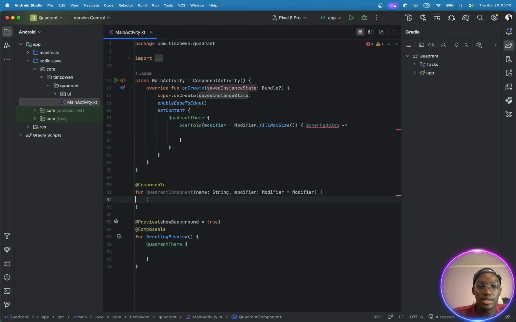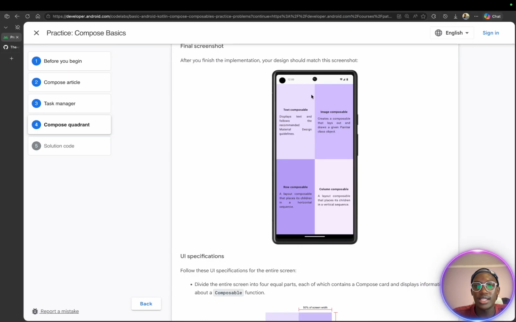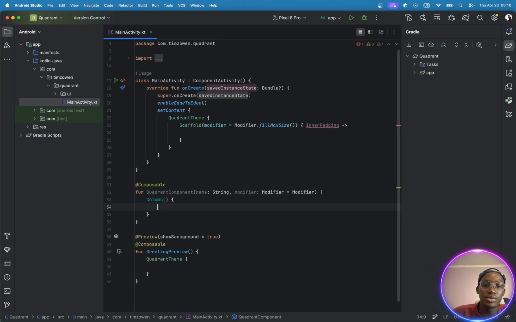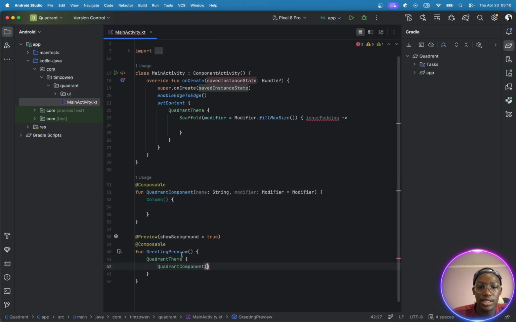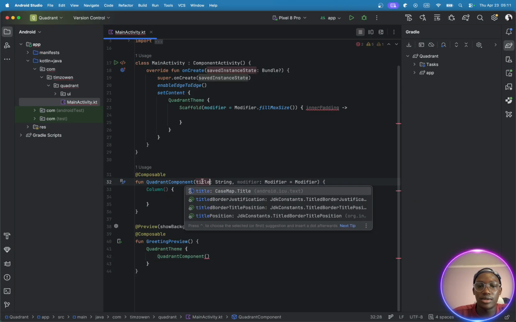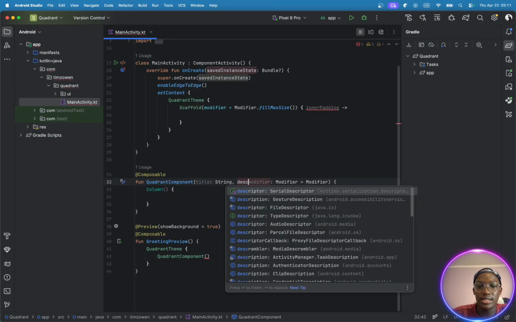So the first thing is our quadrant here takes the entire space available. So this one, we have a column, so the title and the description. So I'm going to have a column, so we can actually just preview this here. It's going to have a title of type string and a description